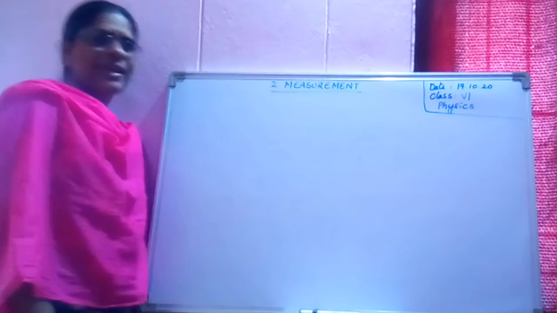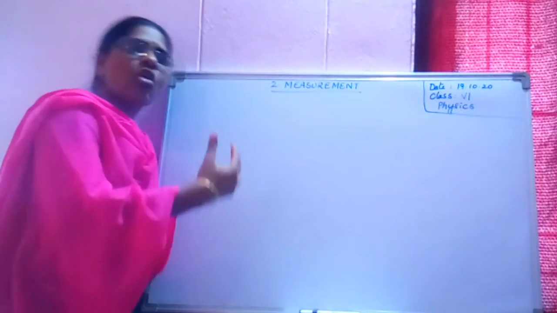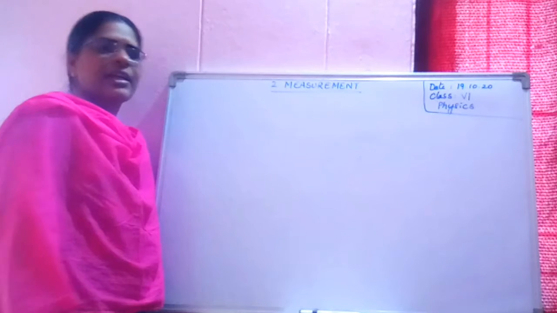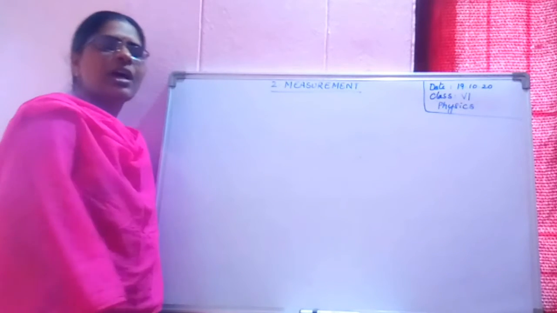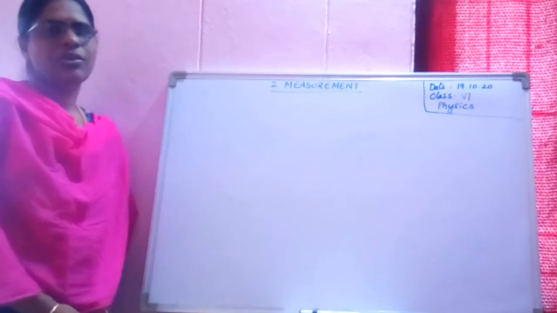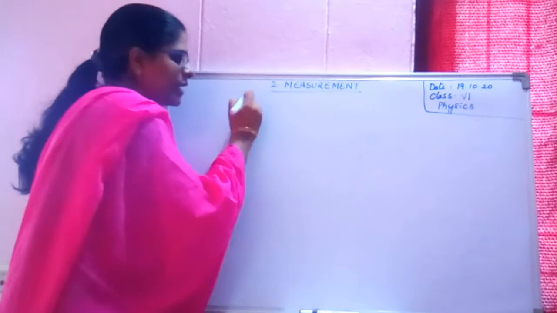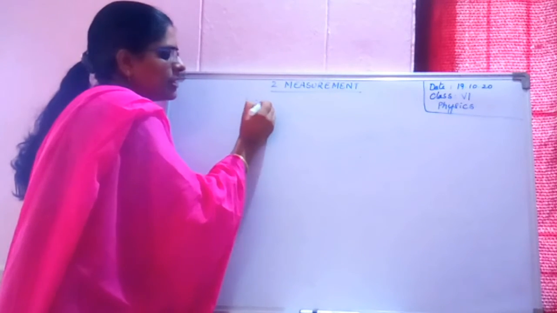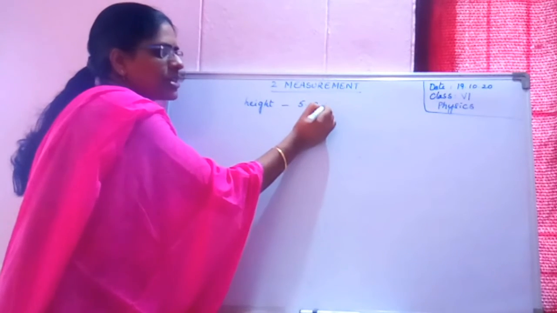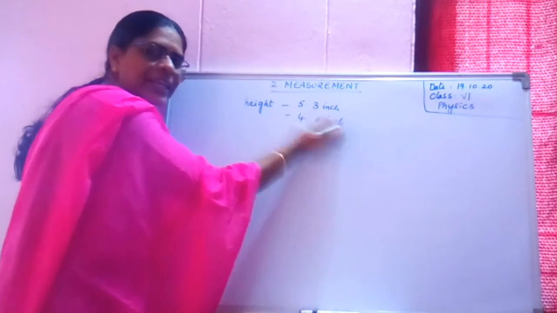Now next, in the same class, I want to find out who is the short person. Now for this purpose, either a tall or a short one, I need a factor called height. To measure the height, we will be measuring like 5 feet 3 inches or 4 feet 2 inches, like this we will be saying. Yes or no?